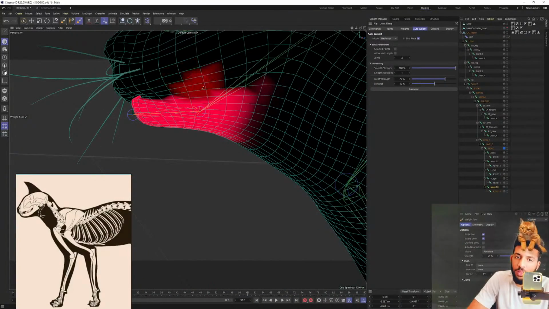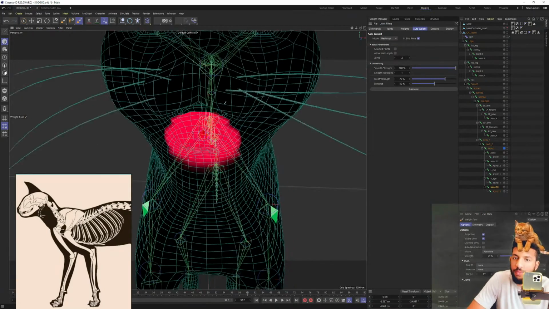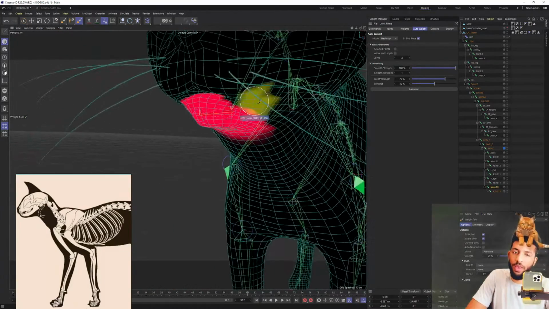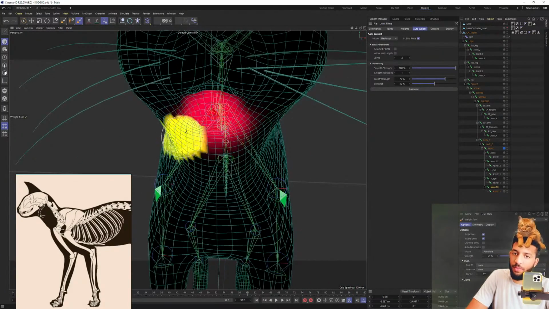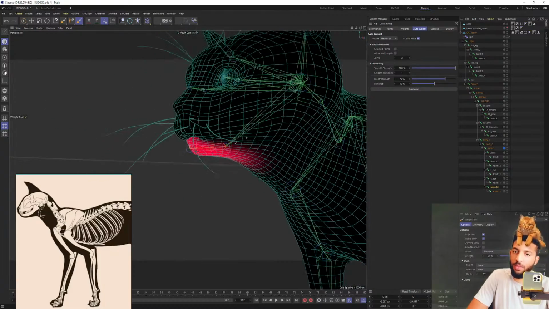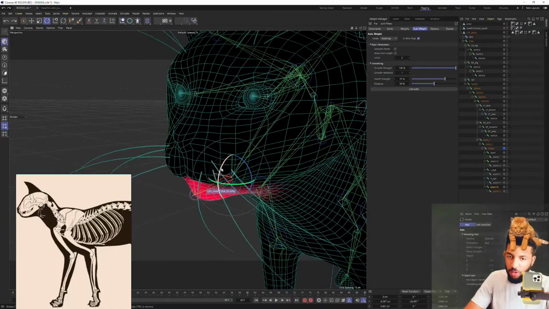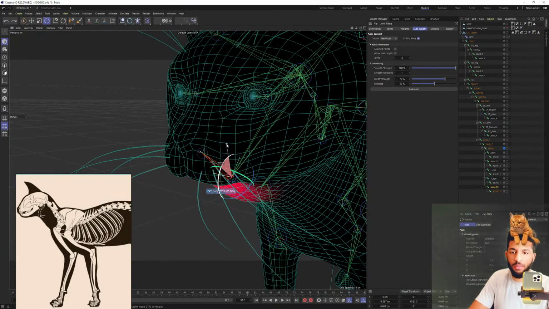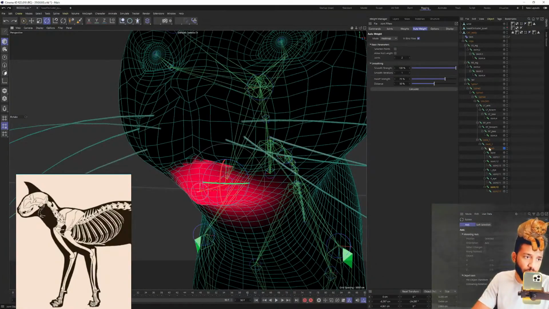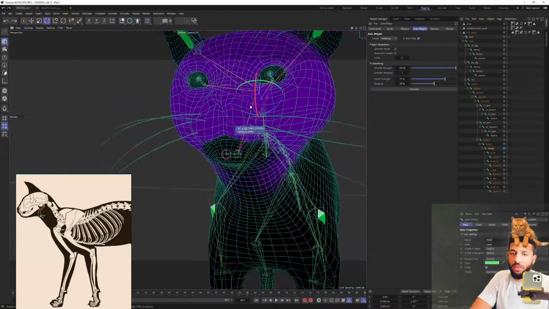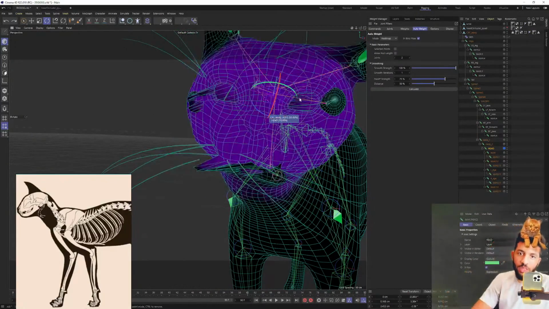I'm going to maybe lower this influence over here because I really just want the lower jaw to be the only thing that moves. And then I'm going to use Shift to smooth out that transition. And now we should have a pretty nice meow movement, little lower mouth movement. Compared to the head controller, I am seeing some problems now because there's some hidden polygons I'm struggling to paint,